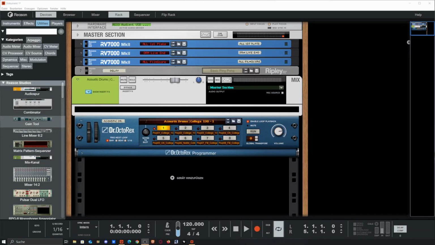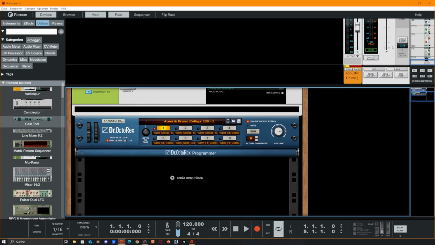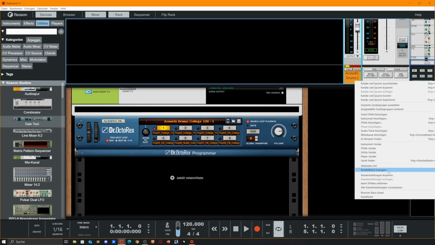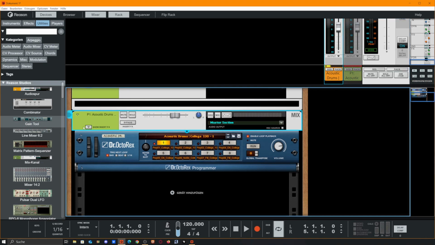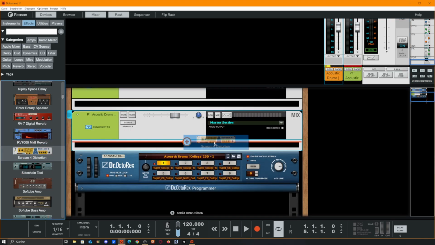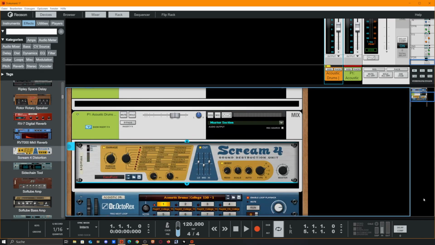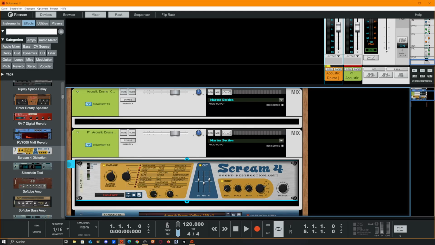Okay folks, this time I want to show you how to handle effects that don't have a DryWet knob. Typically what I would do is create a parallel channel and put my effect in here. I used the Scream 4 because it doesn't have a DryWet. So we could solo our signal, process it like we want to, and then we dial the effect in with